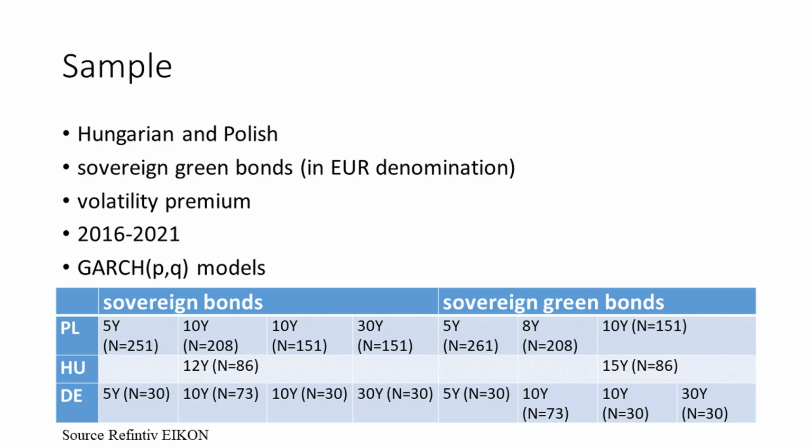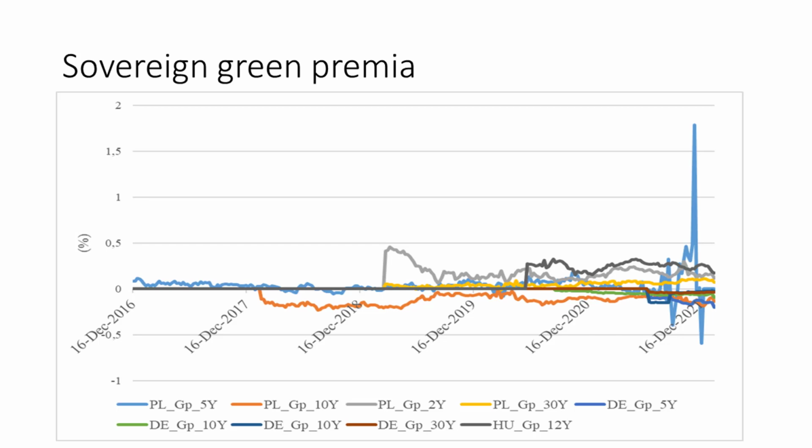We checked the Czech Republic. Obviously, they did not do anything. They are waiting. Their public debt is relatively low, so for them it doesn't matter. Do they have designated funds for that or not? And as a benchmark, we use Germany to see whether we are different or not. And obviously, to get the volatility data, we are using the GARCH model, because the GARCH model is good for everything.